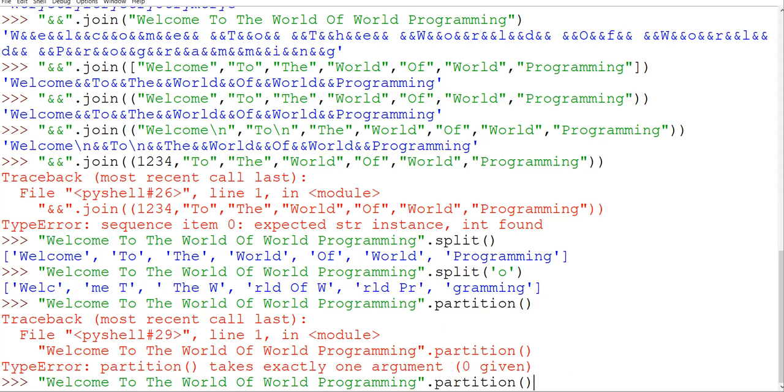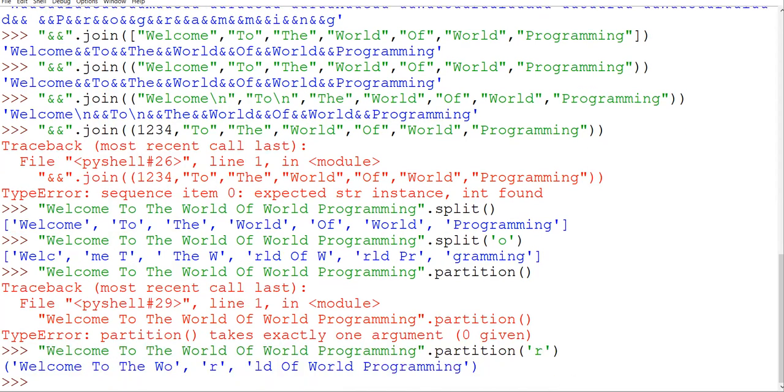Now I'm giving something, suppose I'm giving here R as the partition character. Now you can see ultimately it has converted it into 3 parts. This is my first part. Then the first time R appeared, this is the separator which was given by me, and this is the resultant part. You can think of it as just like video editing. When we have a complete video, generally when we want to cut from here to here, this is how it works too. But it is giving us the separator also in between, fine.